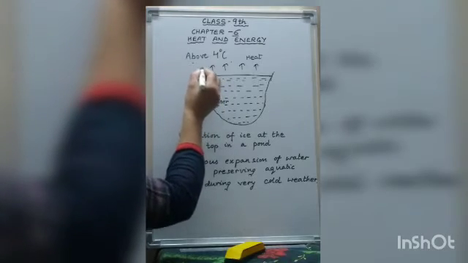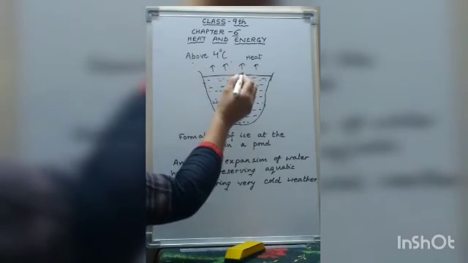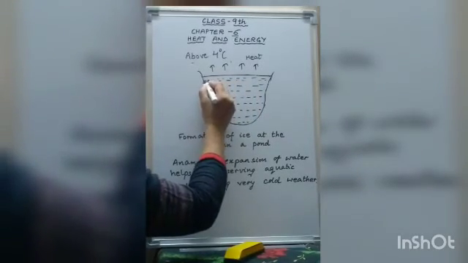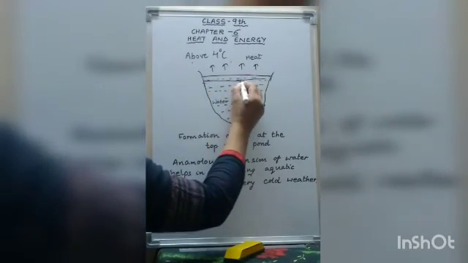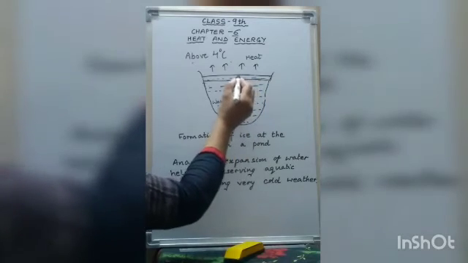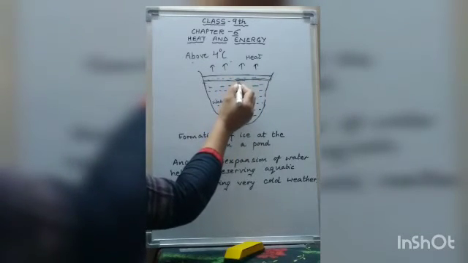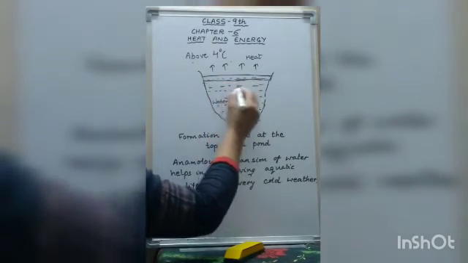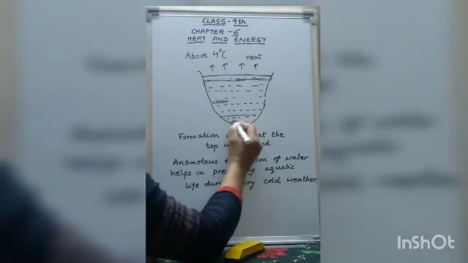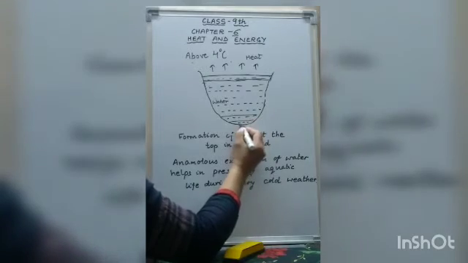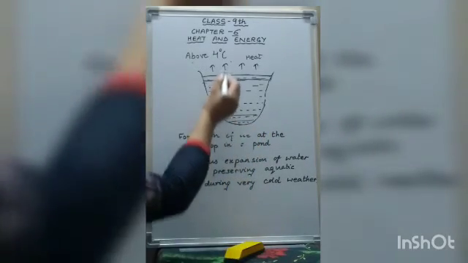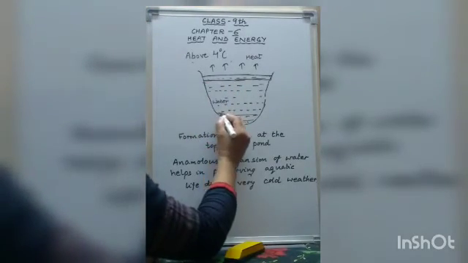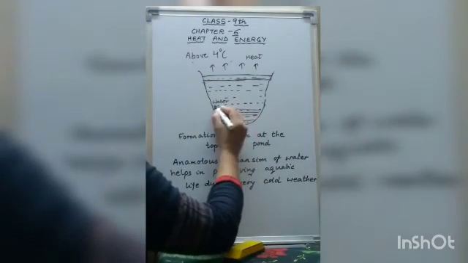And when the water is cooling down, it will contract, and contraction means the volume will decrease, and when the volume decreases, density increases. So this water will settle at the bottom, and the water from the bottom will go above to take its place. So it will go on settling down.